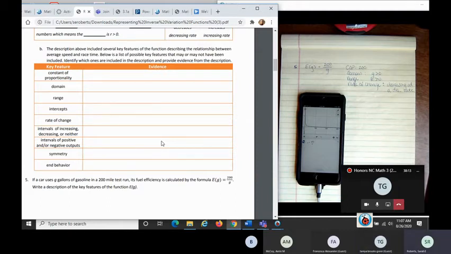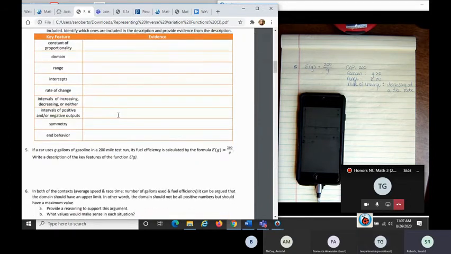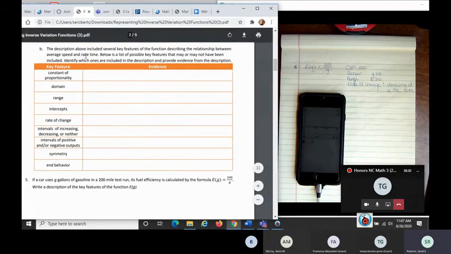We could talk about the other key features that are listed in that chart over here, but they're not anything that we explicitly went through in number 4. So we'll just leave it at that. That's good enough. And that was all of your homework